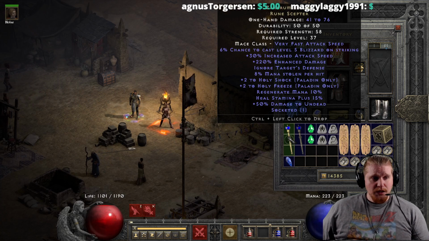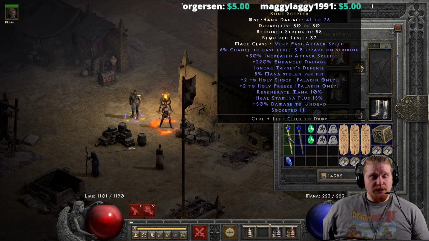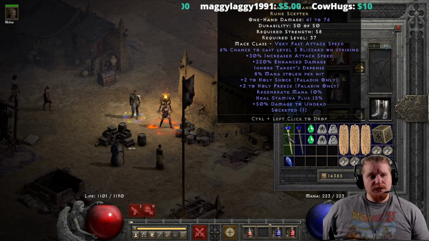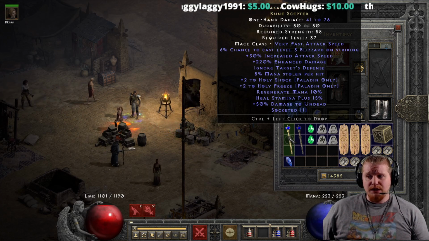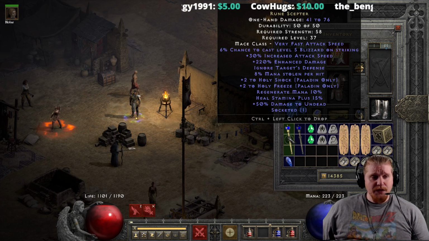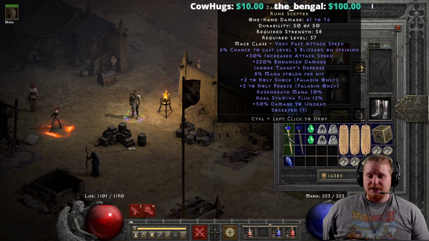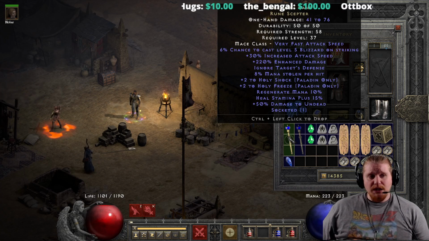And then, of course, we also have the regenerate mana 10%, which I'm not really 100% sure why that's on there, because Holy Shock and Holy Freeze Paladins tend to use very little mana at all. So it doesn't really make a whole lot of sense as an effect,